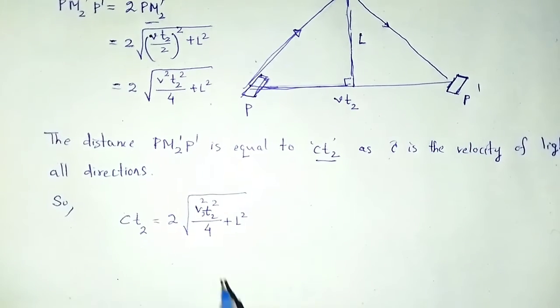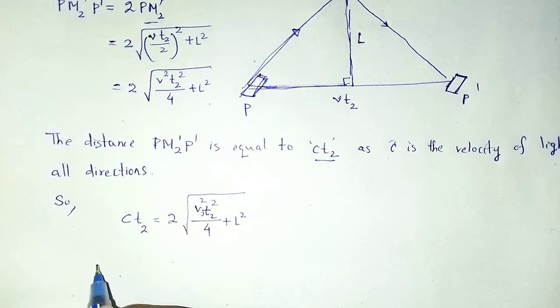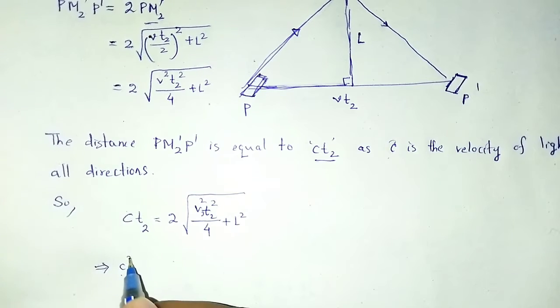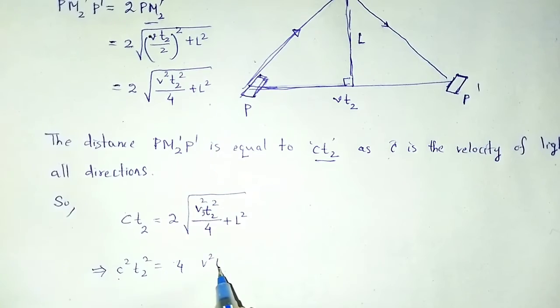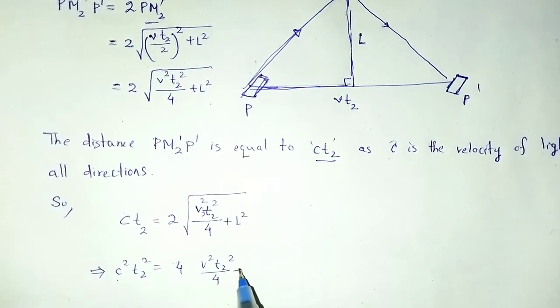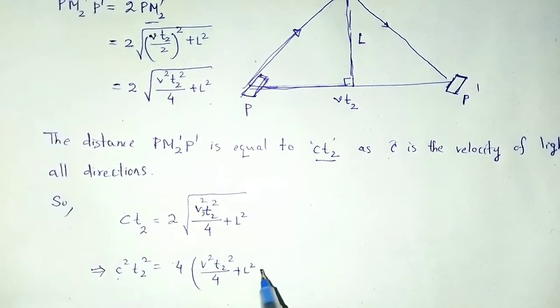Squaring both sides, c square T2 square is equal to 4 times V square T2 square divided by 4 plus L square,